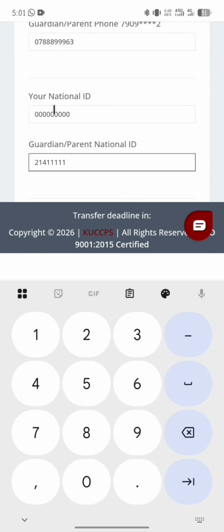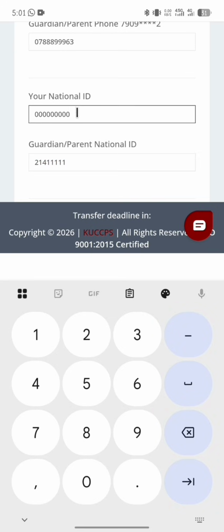It's not that essential. If you do not have it, you can just put zeros, or put your parents' ID in your national ID, as well as your guardian ID. You just copy paste and put the same thing in the two portions,